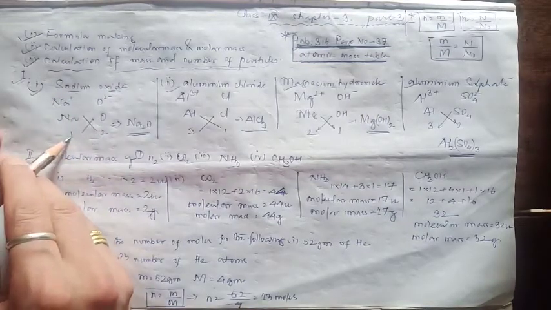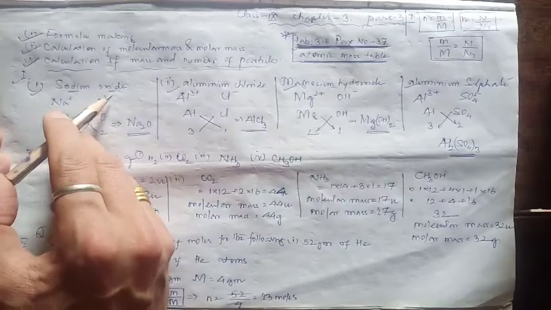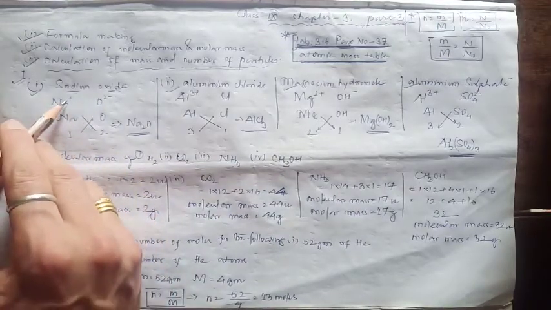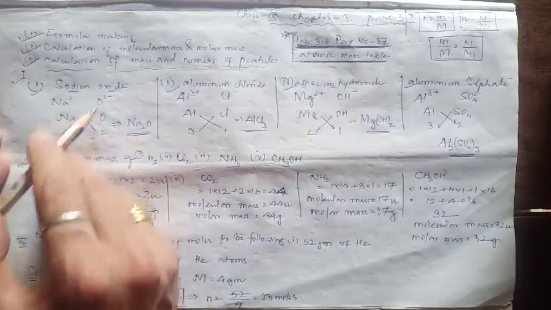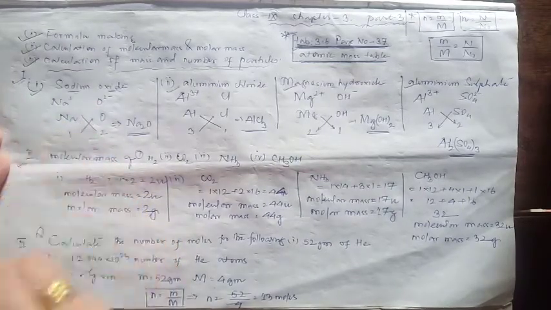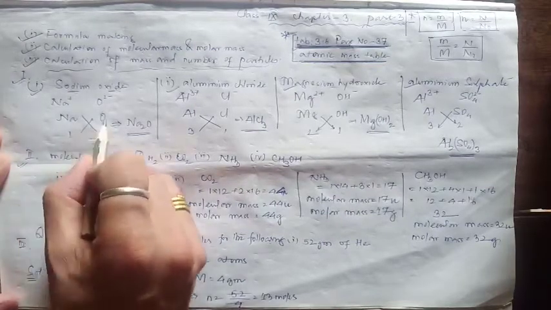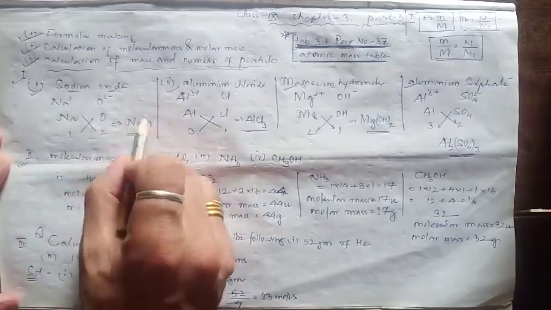So we'll write 1. And oxygen, you can see it carries a -2 charge. So we'll write 2. We will not mention the plus and minus. We'll simply write the values. So this is 1, and this is 2. We'll write the 2 here, and we'll cross over. So this 2 will be written with the sodium and this 1 will be written with the oxygen. And that's how we get the formula for sodium oxide.